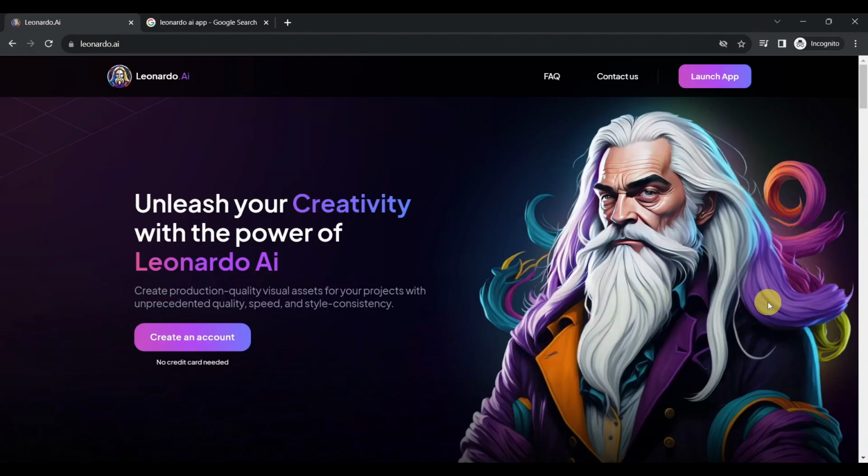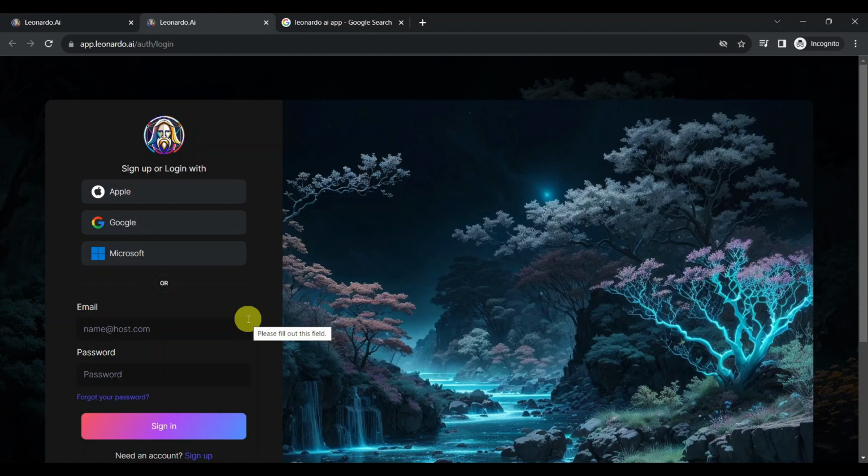Now that I've given you a brief introduction of Leonardo AI and what you can do with it, let's get back to the tutorial. Next step is to create an account. Note that when you create an account in Leonardo AI, it is completely for free. No credit card needed. Click on the Create an Account button, and now you will be prompted to sign up